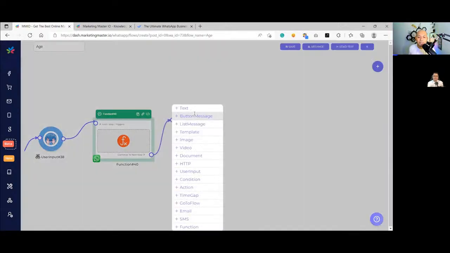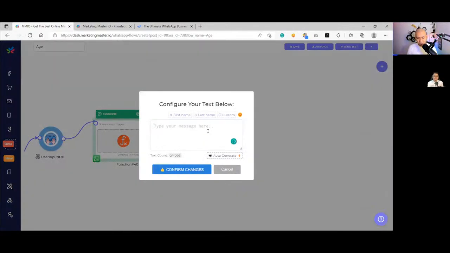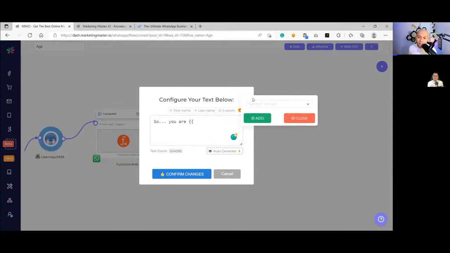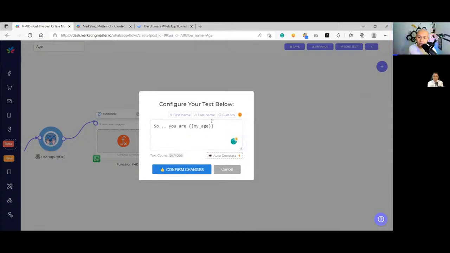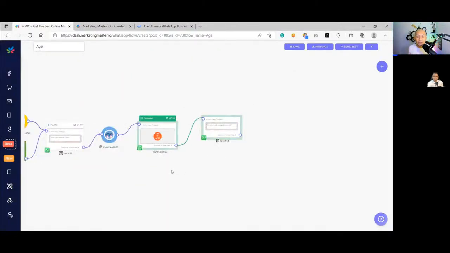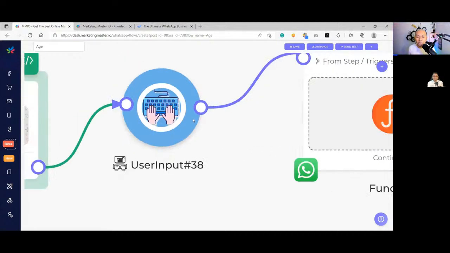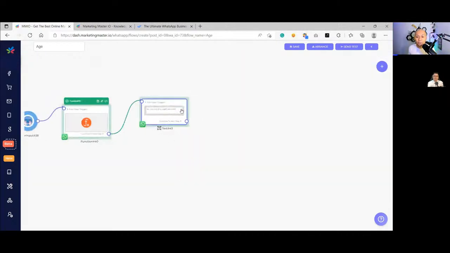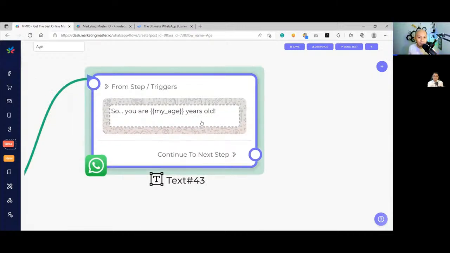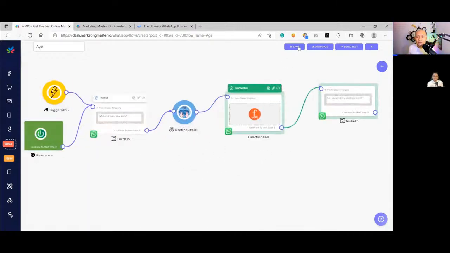And now I'm gonna add a message here. You are, and then the age, years old. Okay, that's pretty easy. You are age years old. So what year were you born? We'll type the year we were born, calculate the age, and then output the age. That's pretty straightforward, right? So now I'm gonna save,